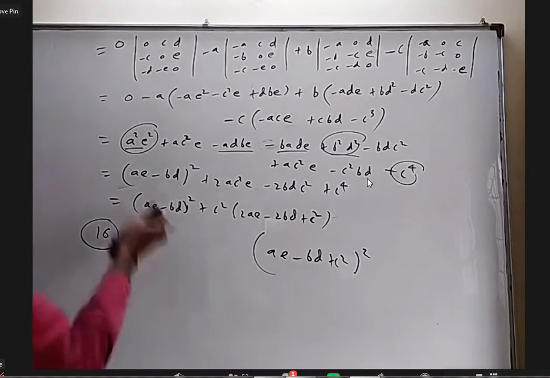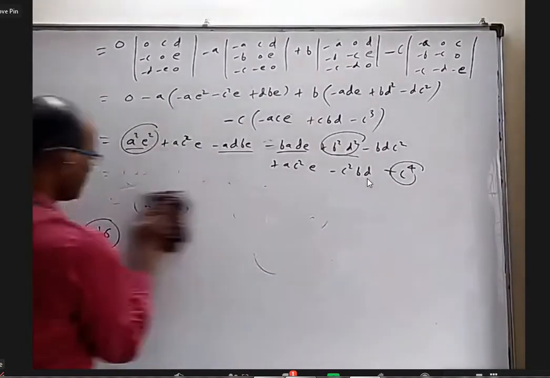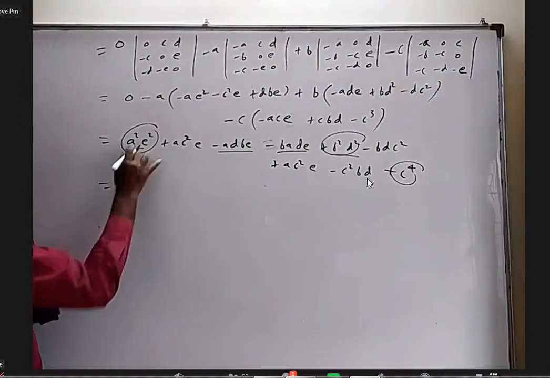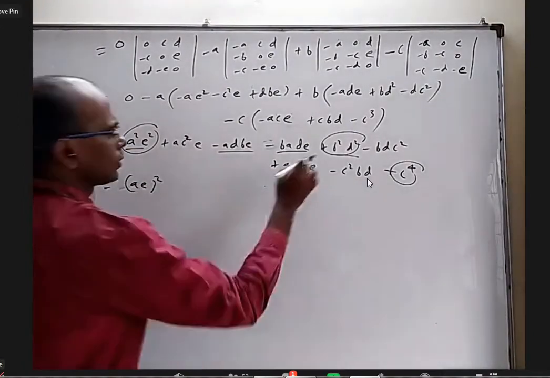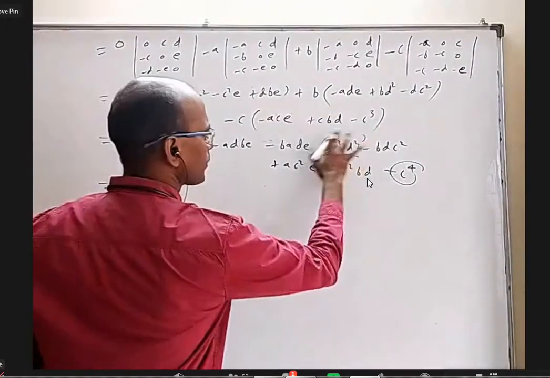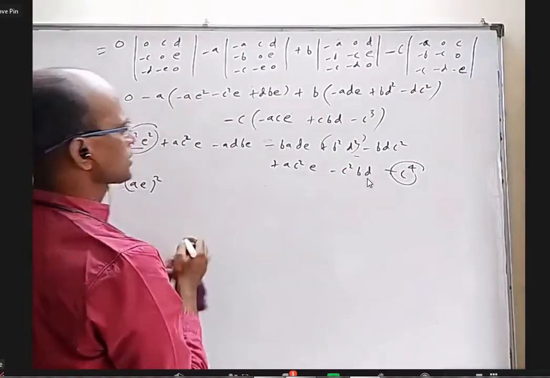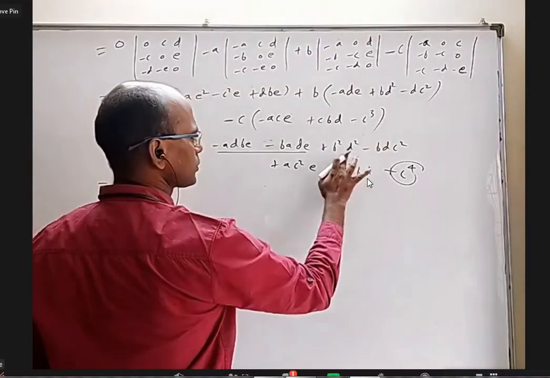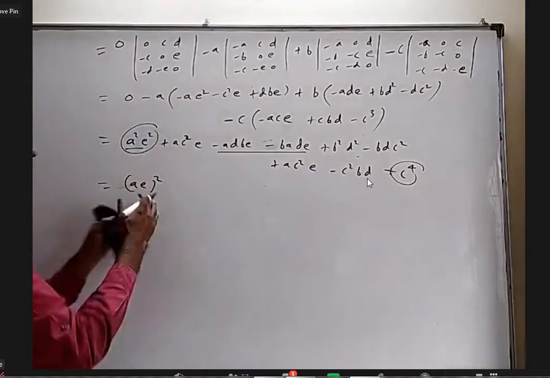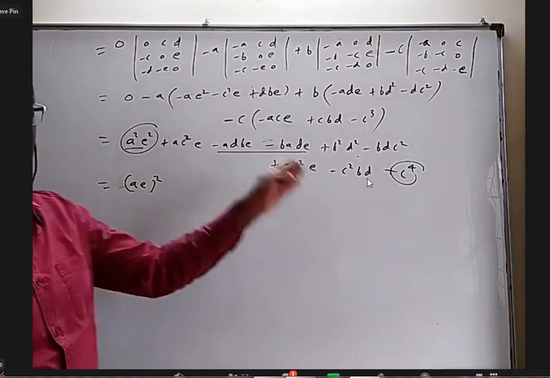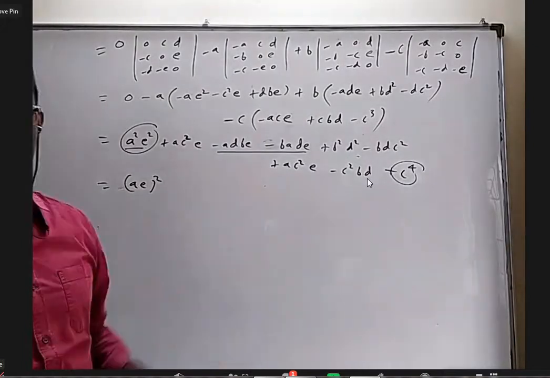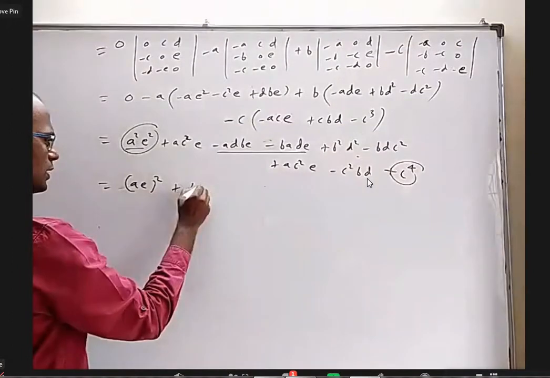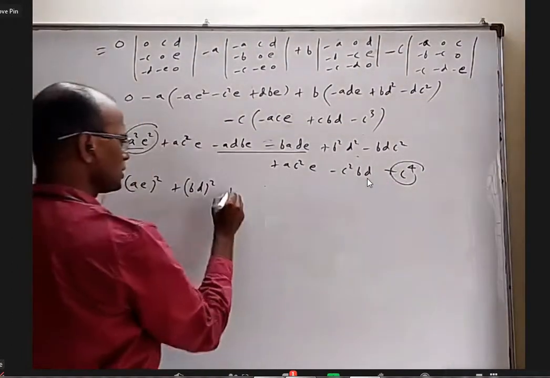Thank you. What you wrote is fine, but I'll just rearrange it in a different way. I have A square E square, which is AE whole square, so I will not combine like this. I can combine which two are the same. Sir, from the last second equation, I got it, sir. Yeah, understood. But even before that, I want to show you it is like x square plus y square plus z square minus 2xy minus 2yz plus 2zx, something like that. So this is AE whole square, this is BD whole square, and this is C square whole square.